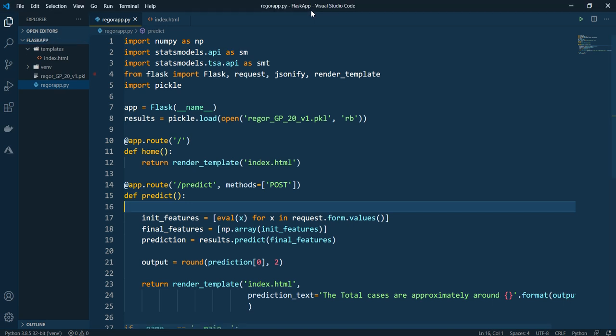This is a very good platform for building Flask applications or any kind of projects. This is one such editor.